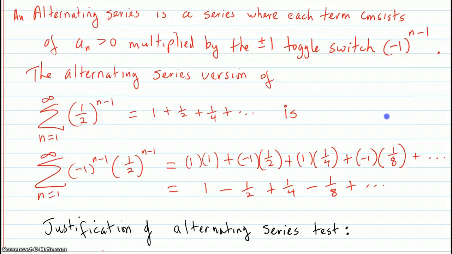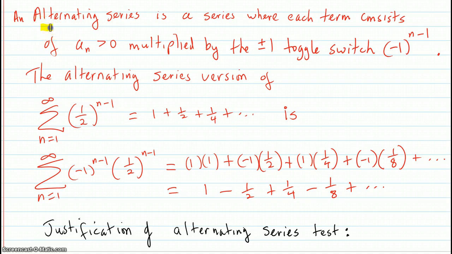So here's just another explanation of that. An alternating series is a series where each term consists of positive terms, each one multiplied by a plus or minus toggle, which looks like this. The alternating series version of this one, for example,